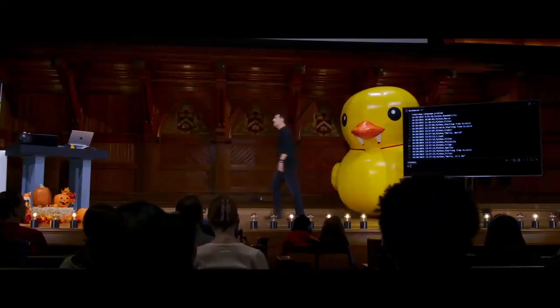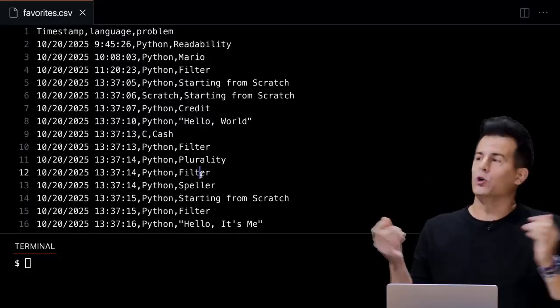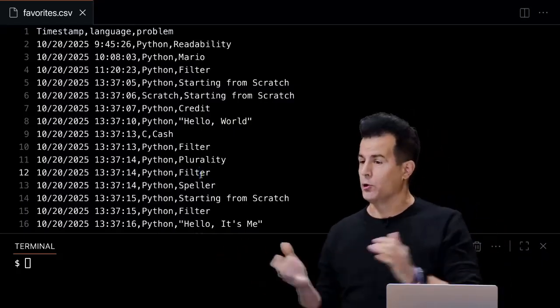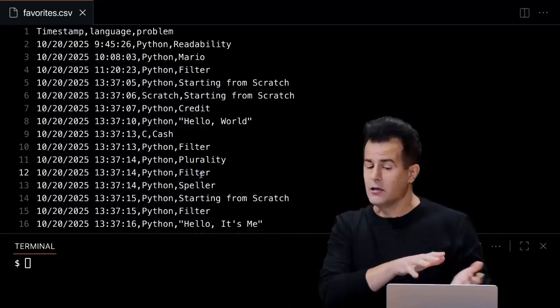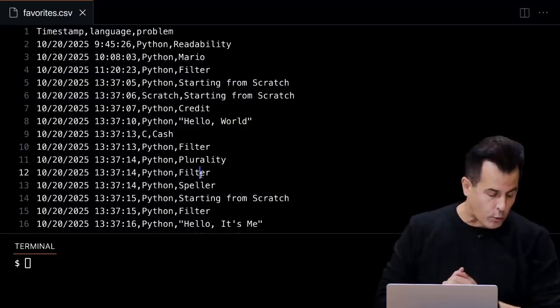So how do we go about writing code like this if we now would like to ask some questions about the data, like what is the most popular language? What is the most popular problem? Or conversely, the least of each of those? Well, we could look at the original data in Google Forms, and that's where we got the pie chart. But how is Google figuring out what the most popular answers are and what pie charts it wants to depict? Well, they probably wrote some code not unlike what we're about to do,